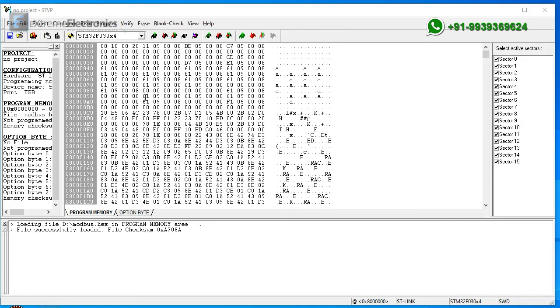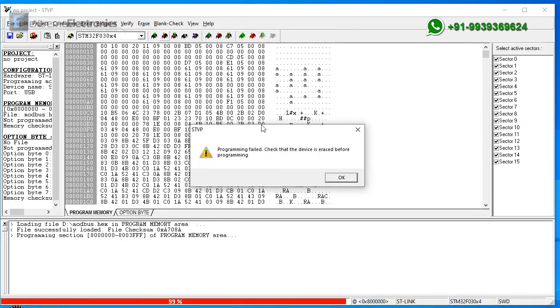Now let us come to the ST Visual Programmer software. Click on this button to write to the flash memory. If you get a warning like this, that means the content of the flash memory is not blank. So the first thing you need to do is to erase the microcontroller.